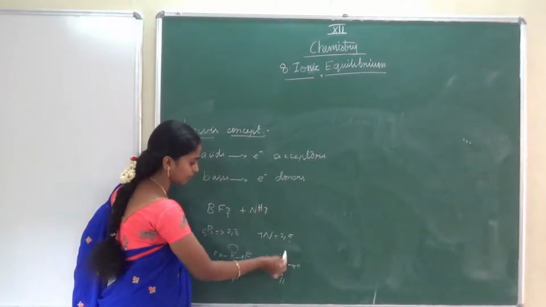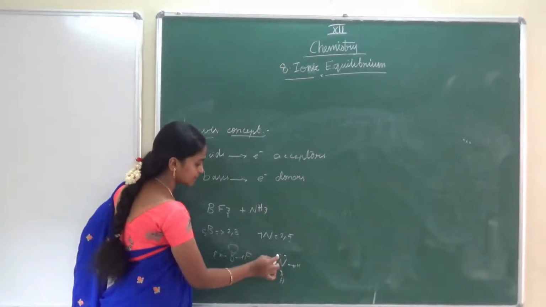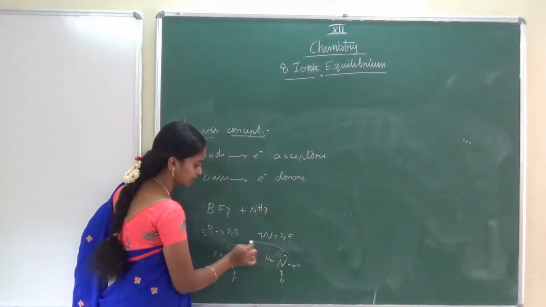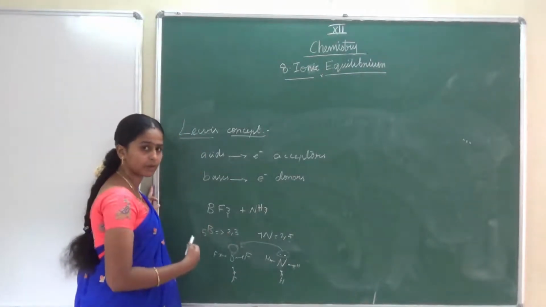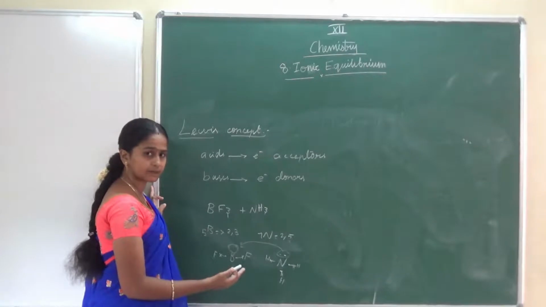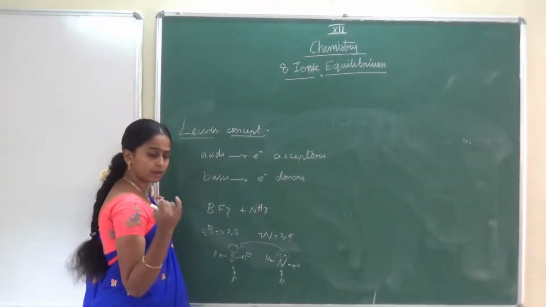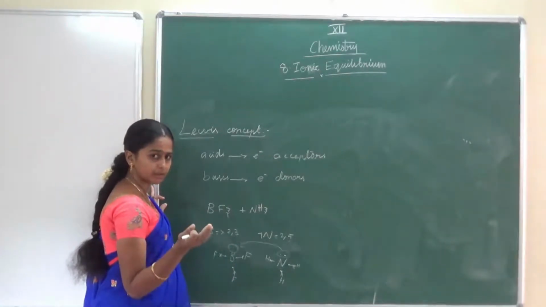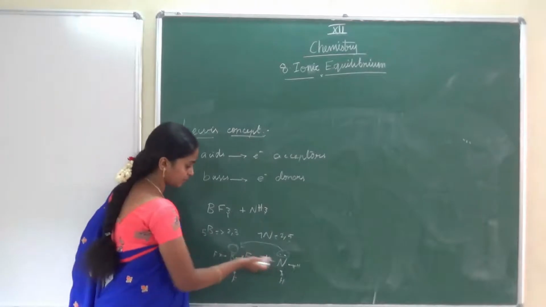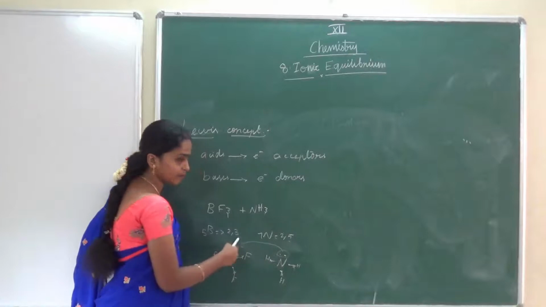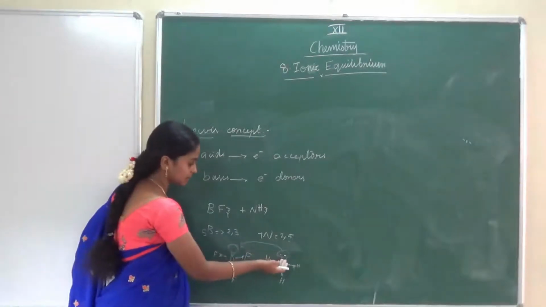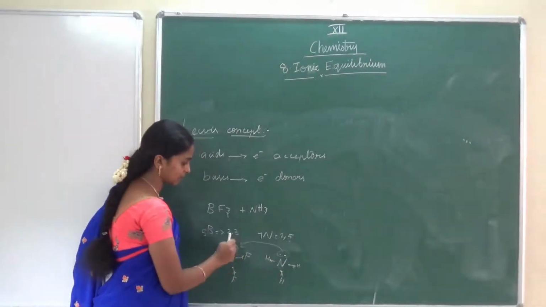That means they are going to form a bond here. This NH3 is going to donate its 2 electrons, not donating completely, just sharing. Okay, coordination compound. We have seen ionic bond, covalent bond, coordination bond. Here the bond formed between these two is a coordination bond. 2 electrons are shared from one compound. So this NH3 is going to share these 2 electrons.